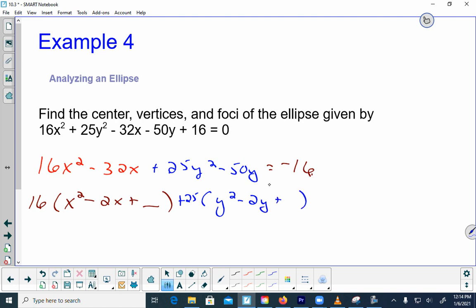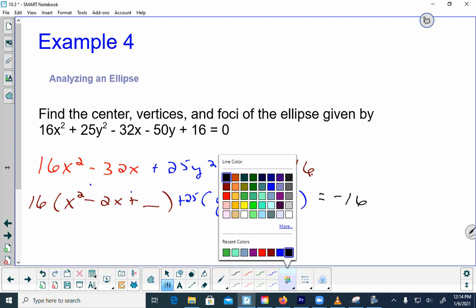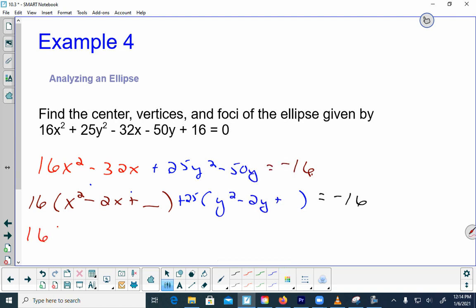And you'll notice that it does not matter whether I'm adding or subtracting in this spot. This will always be a plus sign. Always, always, always. And then I'm just going to write that negative 16 on the other side because I haven't done anything yet. Then to complete the square, remember,